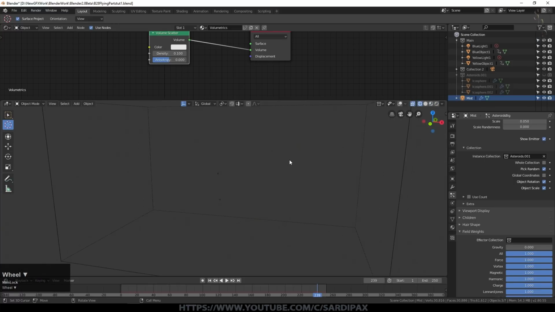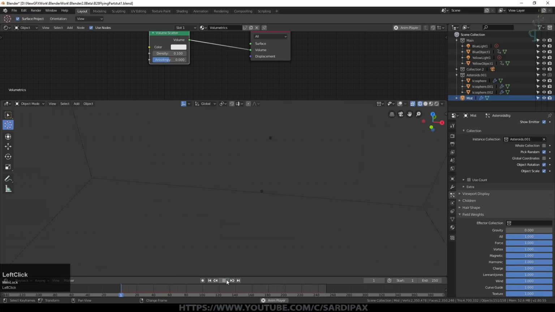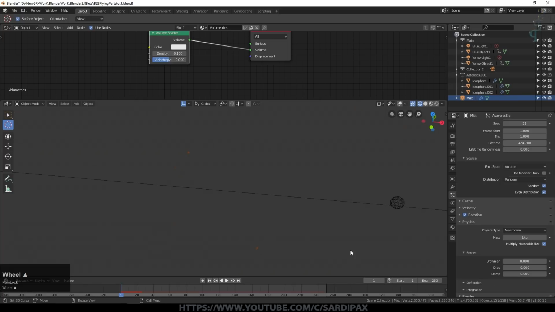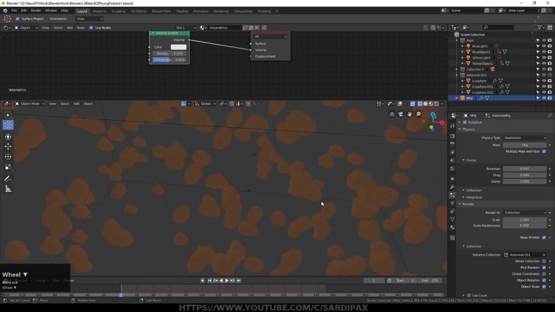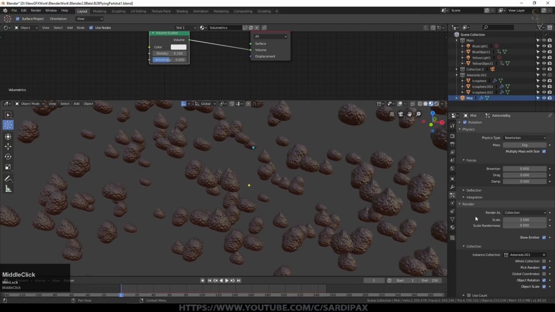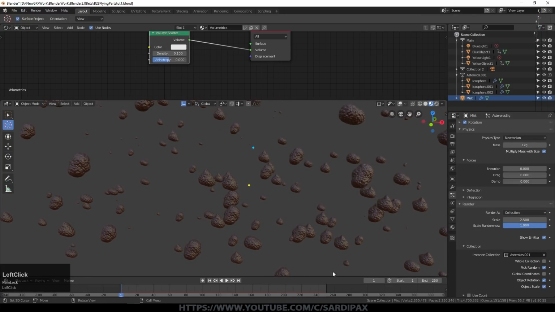If we go to wireframe, go back to the beginning, and I'll turn the visibility of my asteroids back on. So you may need to press play to get it to create the particles, but you probably can't quite see them, but there's lots of tiny particles there. These are supposed to be the large ones, so we can come up here and we can play with the scale. Under render, you can see we've got scale of 0.05 and a scale randomness. Let's put the scale up to about 2.5. See, those are much, much bigger now. There they are. And a scale randomness that can be applied now, so they're not all the same size.